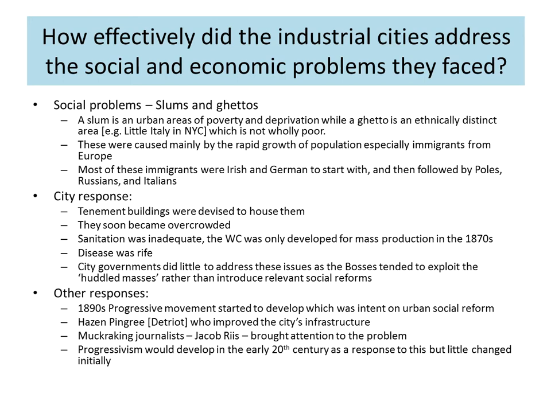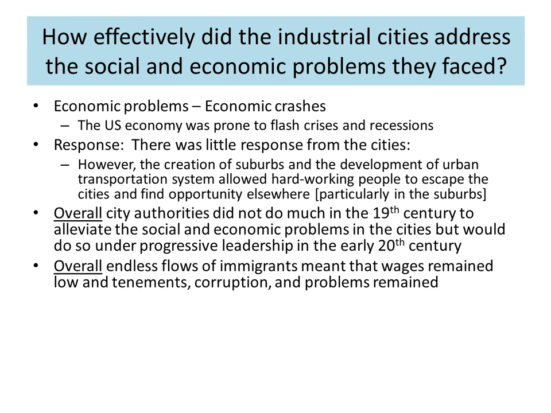Okay, a couple of last quick points. There are lots of economic problems throughout the Gilded Age, economic crashes. We'll talk about those in later lessons. And the idea that the U.S. economy was prone to flash crises and recessions will halt the degree and the effectiveness of industrial cities in dealing with these social and economic problems. And although cities do respond, one might say the best response that most cities can give is to allow people to escape them. The move to the suburbs takes the strain off the cities and allows the cities a little bit of breathing room to deal with the overall problem.